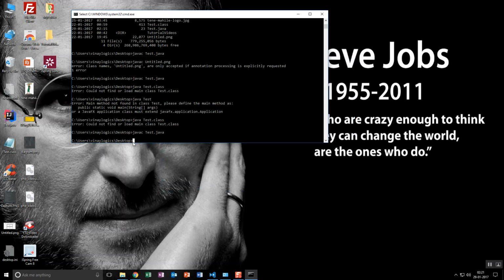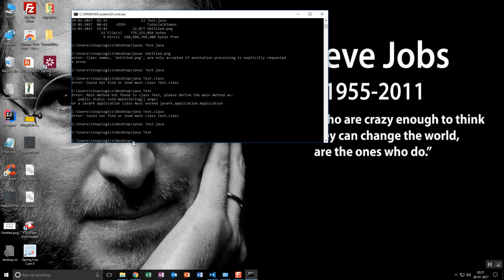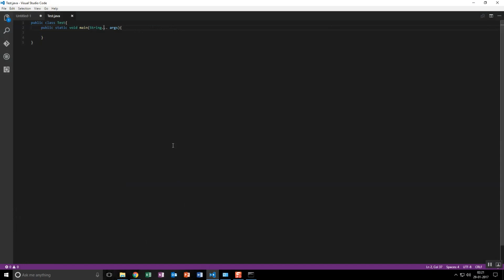Now we'll give java test. Press the arrow key down in order to check the previous command. That is the shortcut. So it has compiled. You won't trust me that I've given an instruction, so to test how it is working, we'll print one sample message. This is the same as that array.